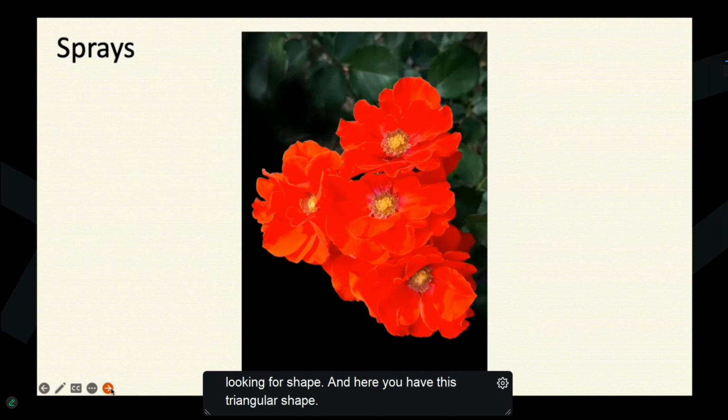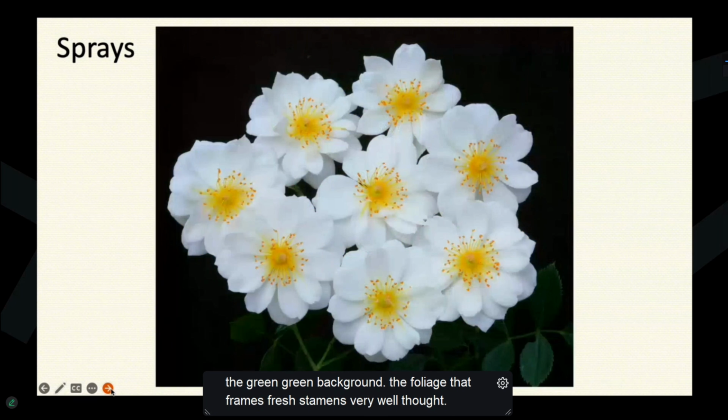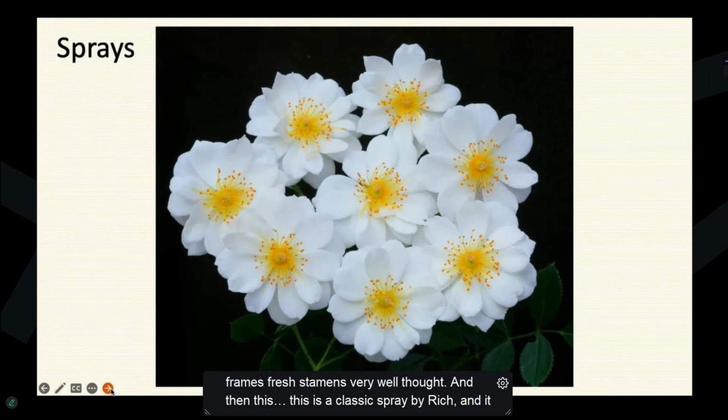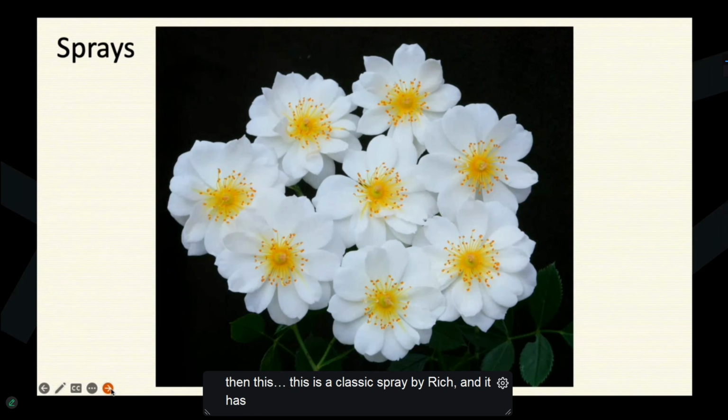Here you have a triangular shape. This is by Frank Polk again, with the green background, the foliage that frames fresh stamens, very well cropped. And then this is a classic spray by Rich Bear, and the foliage is complete, but